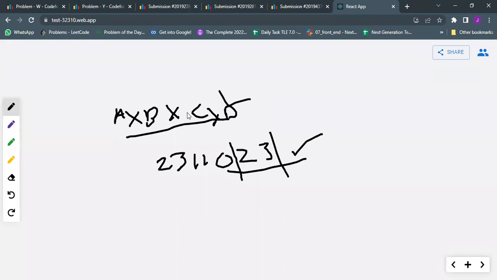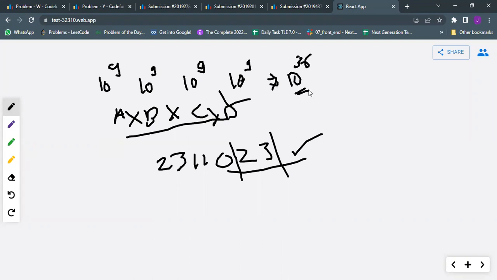Okay, so what is the maximum value of A? That can be 10 to the power 9. For B, it's 10 to the power 9. For C, it's also 10 to the power 9. For D, it's also 10 to the power 9. So if you multiply all these numbers, how big can that value be? It can be 10 to the power 36. So can you store that value